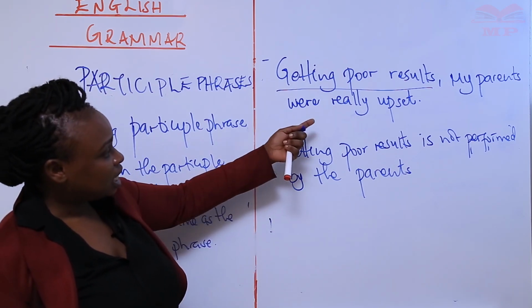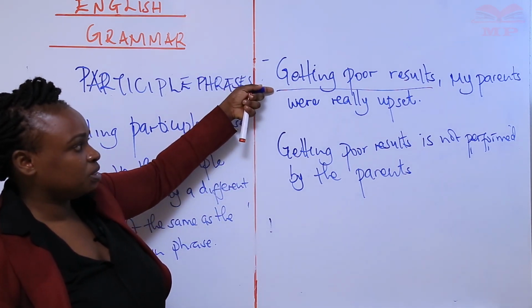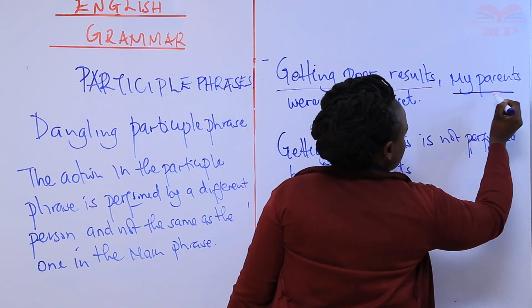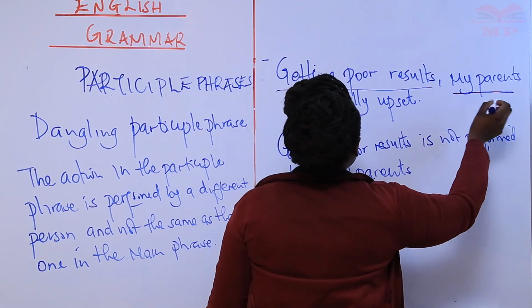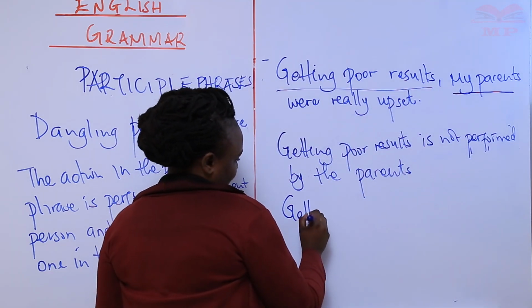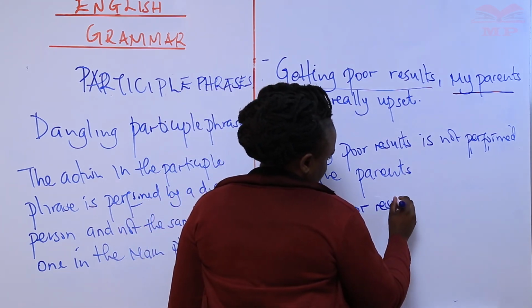The parents are upset, but the student is the one who got poor results, yet it says my parents. So what follows here should be the person who got poor results, but instead what has followed? My parents were really upset. It should have been: Getting poor results,